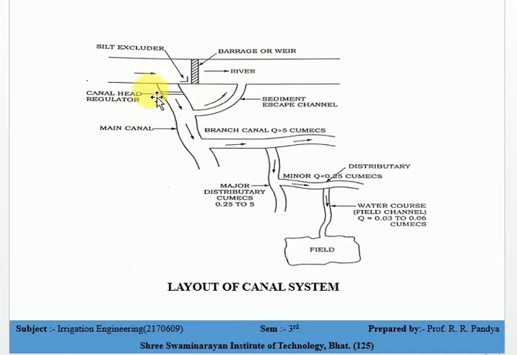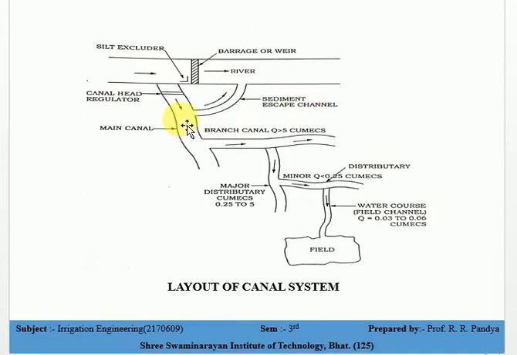From this river there is one main canal, you can see here, this is the main canal, which is connected with the canal head regulator. It allows water to pass through from the main canal. If you want to close this main canal, then you have this canal head regulator to regulate the water. Another thing you can see here is the sediment escape channels, which are also used to divert this water through here to here.